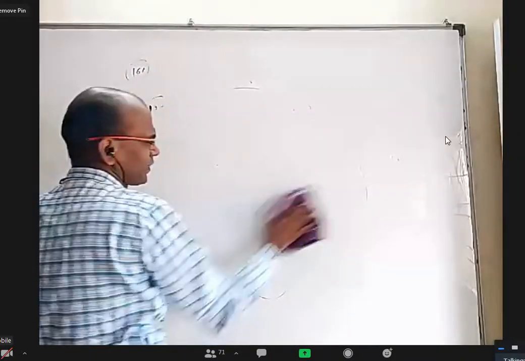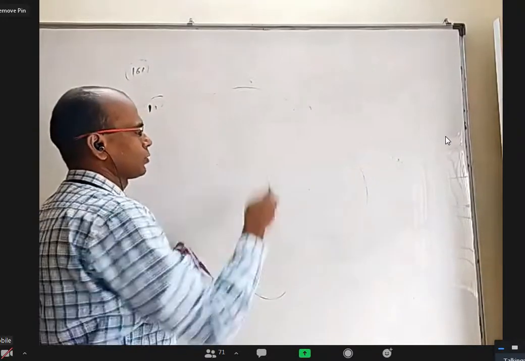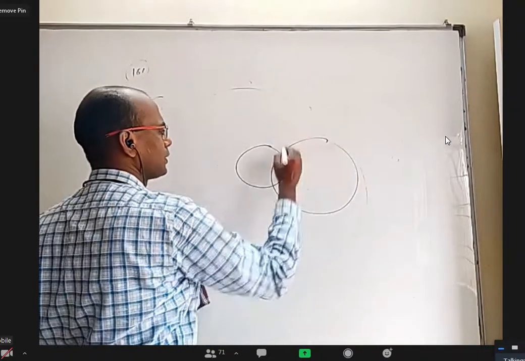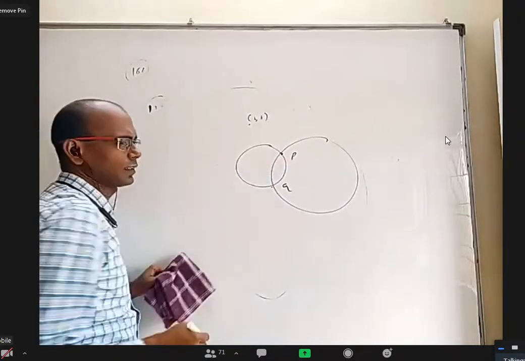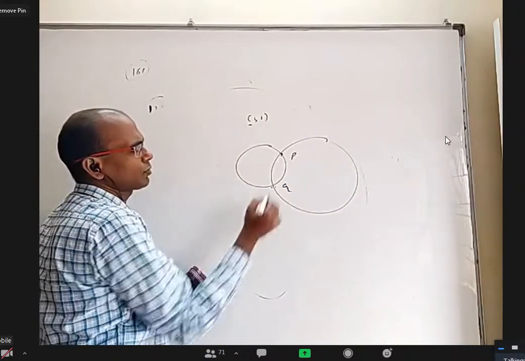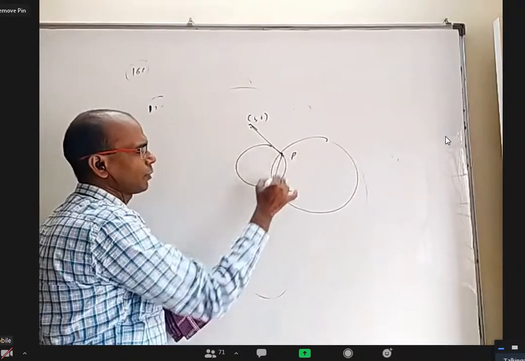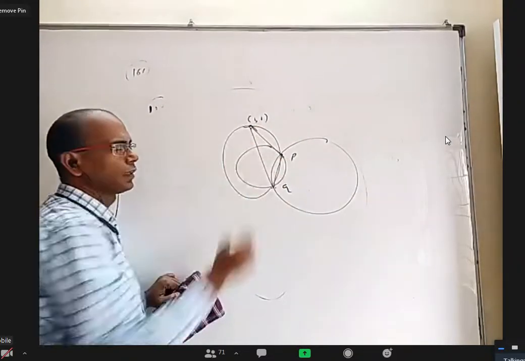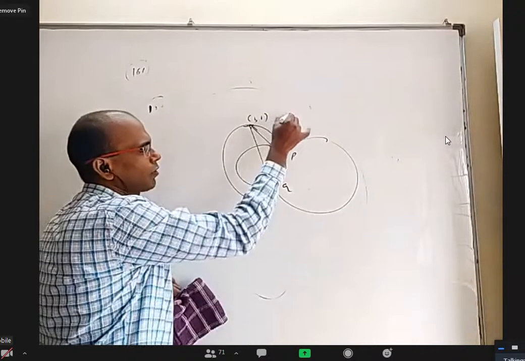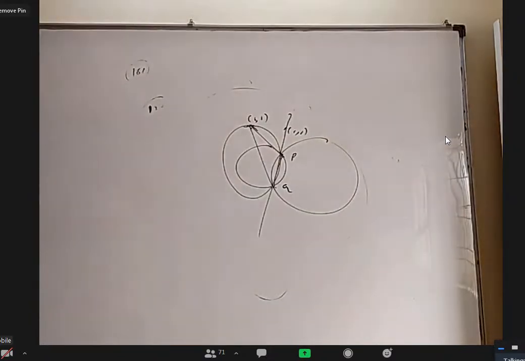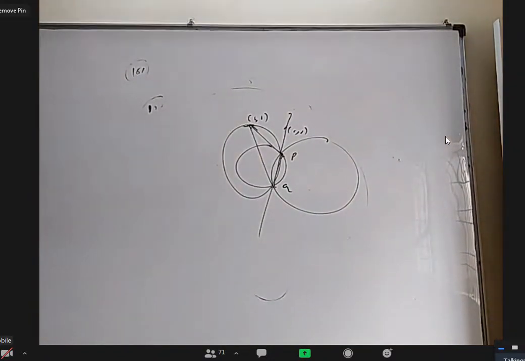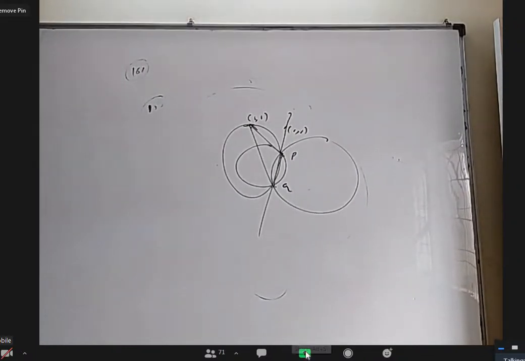The circles are not fixed, they are variable circles. So they gave 2 circles intersecting at P and Q, and there is a point, say (1, 1) or something like that. Always there will be a circle passing through 3 points. Whenever you take 3 points, they will form a triangle, so there will definitely be a circle. The only condition is if (1, 1) lies on this line, then they're collinear, and there will not be any circle. So that's the only thing. If you want a circle passing through the 3 points, it will always be there, provided they are not collinear.